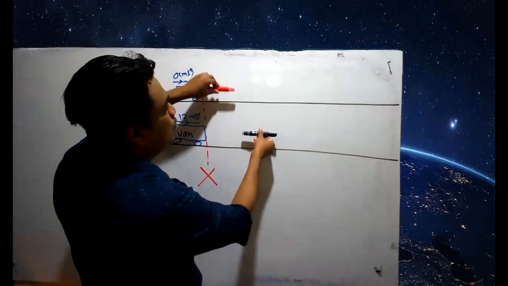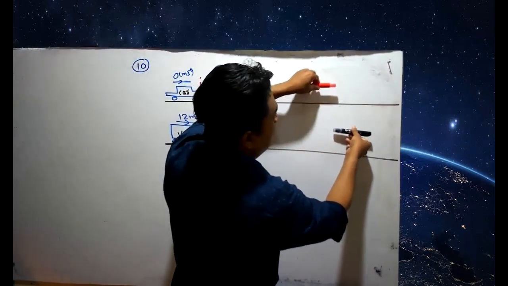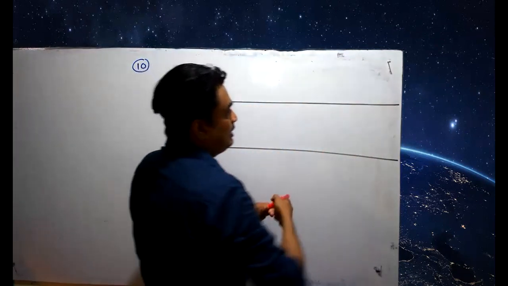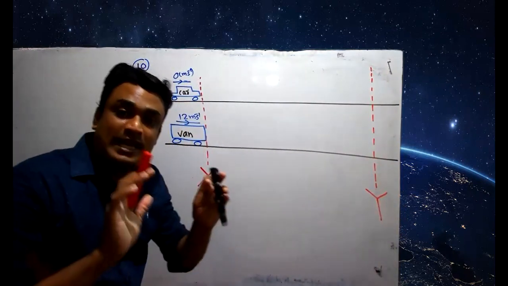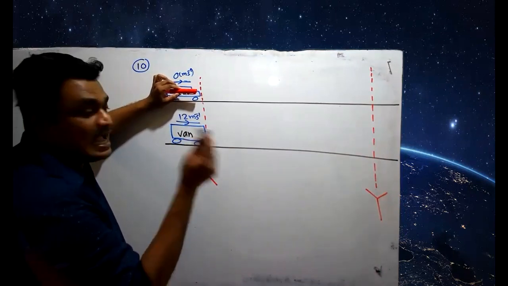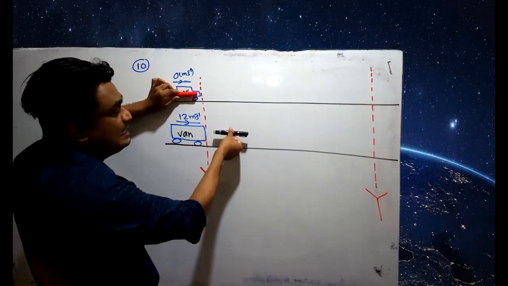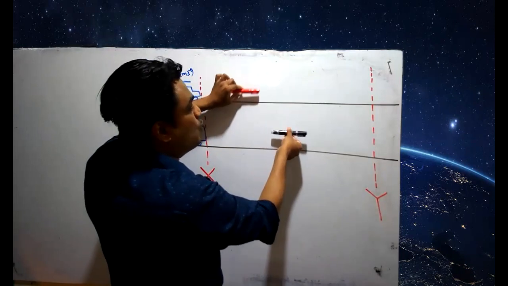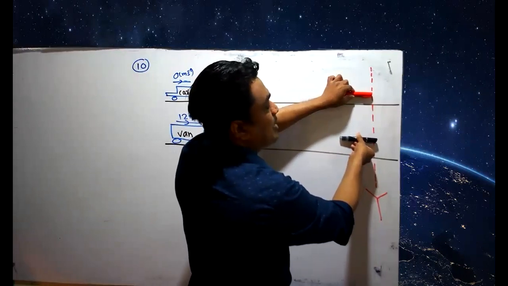And with time, we can observe that my red pen is the car moving with increasing velocity like this. So finally, the van and car will reach the same point, something like this. So let me mark this as y. Let me explain again. Imagine my red pen is the car, my black pen is the van. Initially, the van has a larger velocity, so it will be leading. The car will slowly move, but with increasing velocity. So the car moving with an increasing velocity like this, and both van and car reach the point Y